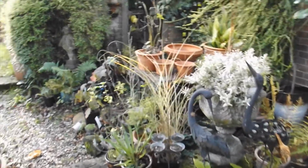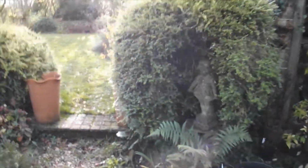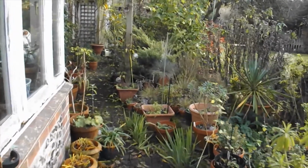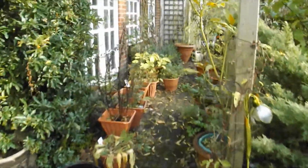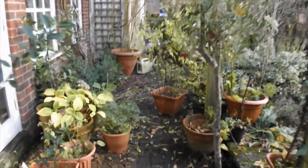Hello everyone, lovely sunny day here at Autumn Cottage, where we're in the last week in November already. And like a lot of you, I'm imagining that you're wondering where on earth not just the month but the whole year has gone. I'm doing a lot of cleaning and tidying at the moment. It's that time of the year. Cutting back, cleaning up,